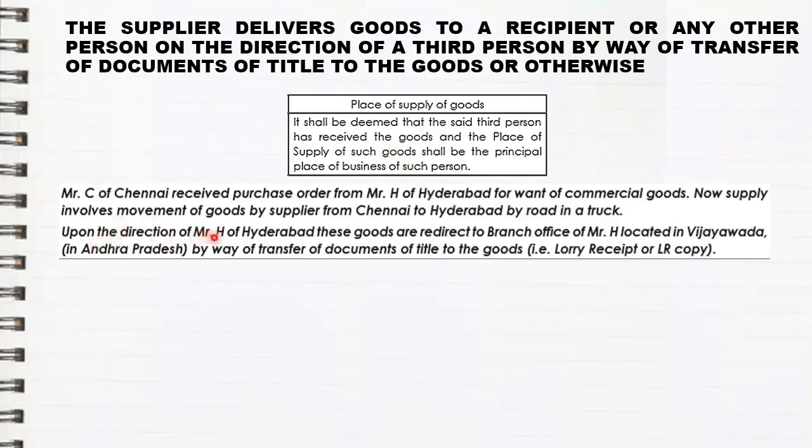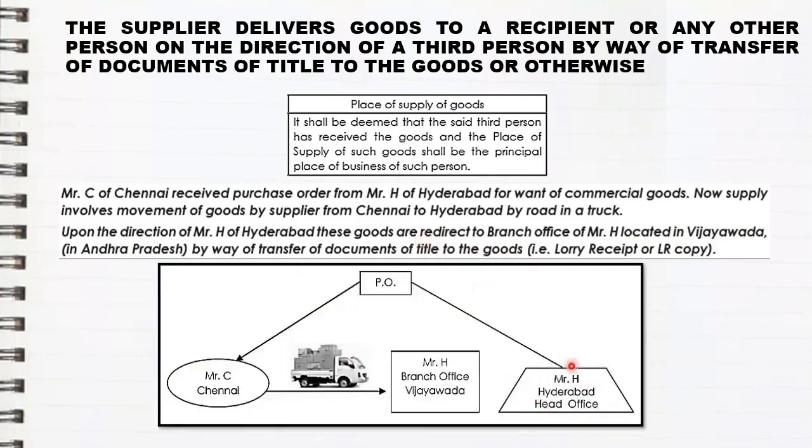Now upon the direction of Mr. H, Mr. H gave some direction that these goods are redirected to the branch office of Mr. H located in Vijayawada, that is in Andhra Pradesh, by way of transfer of document of title to the goods. So now let us take the same example in graphical point. Mr. H from Hyderabad gave a purchase order to Mr. C of Chennai to give goods to him. But before sending the goods, he informed them to send the goods not to Hyderabad but to Vijayawada, that is